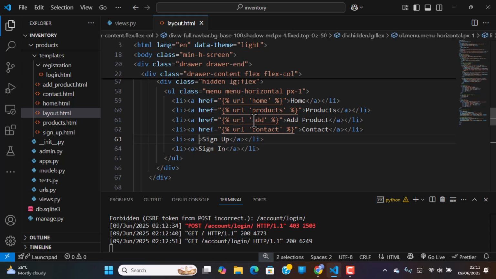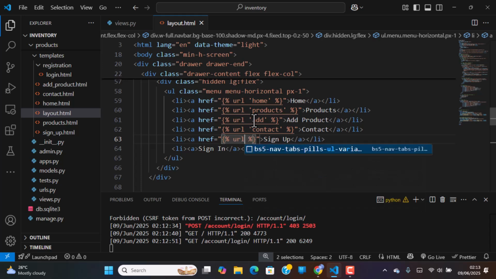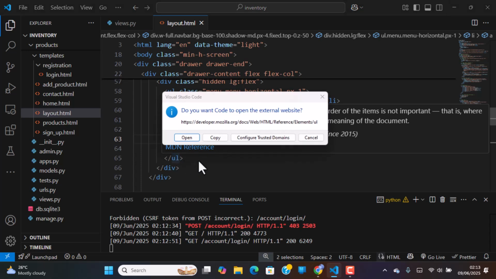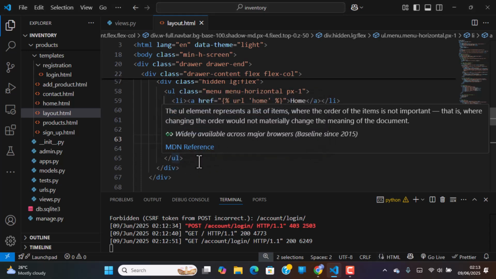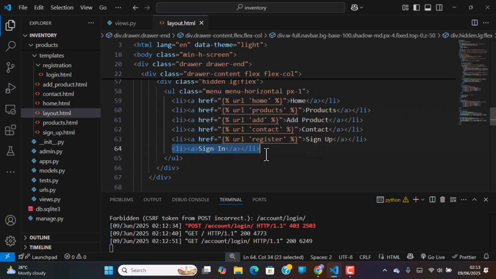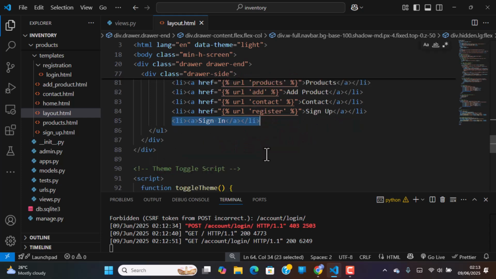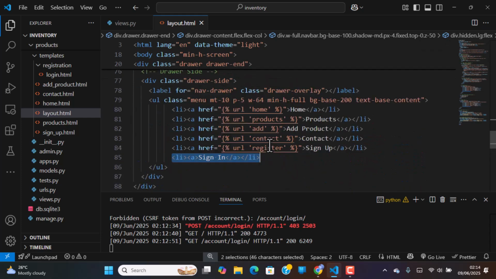So we add href equal to, and then we use Django template tag URL. Sorry, this is going to be register, and then for the sign in, we do the same thing, Control D,